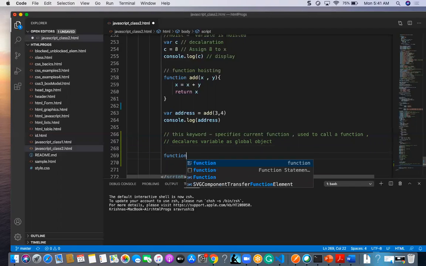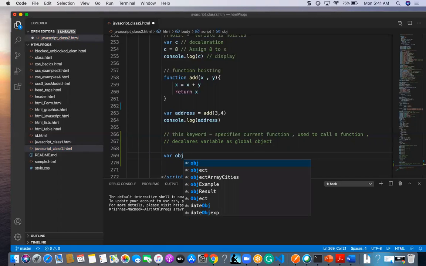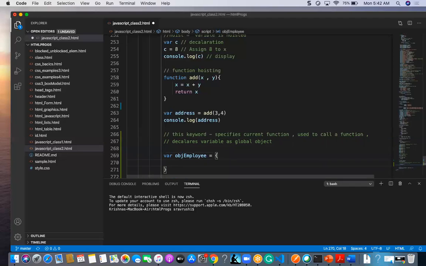And now if I am going to take one variable, let me take a function where I am going to get this some obj function. Suppose obj is some employee. So in this employee, I am going to give some information.